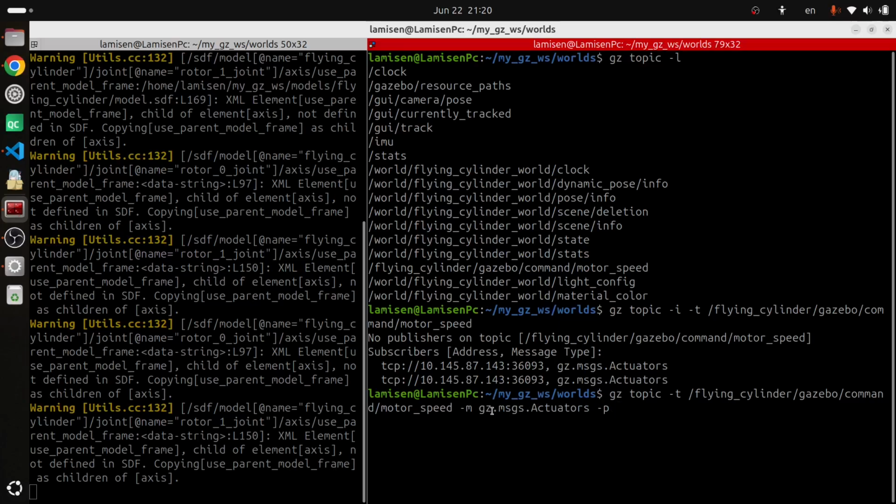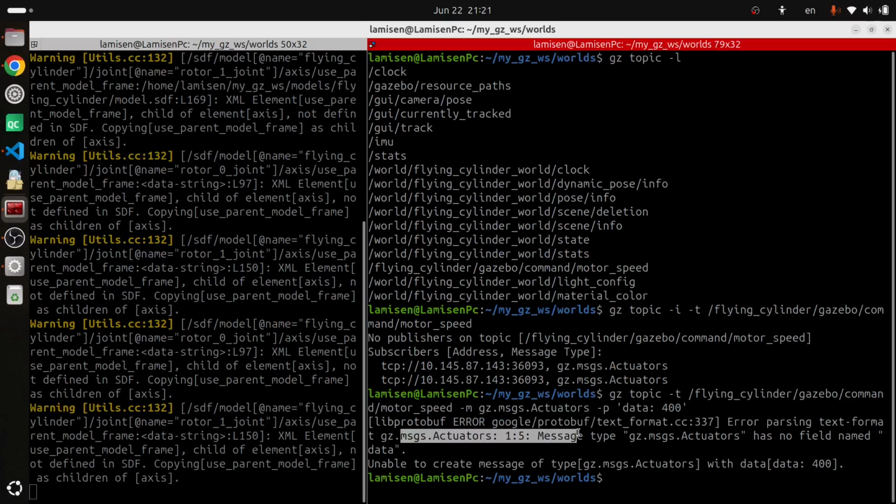If we want to publish a message in this type, we simply type the data and colon and the number that we want to publish. For example, say 400. This is actually the RPM that we're publishing to our motor. If we hit enter,